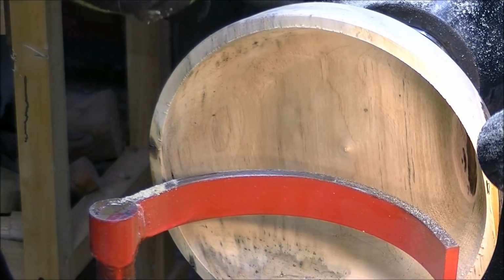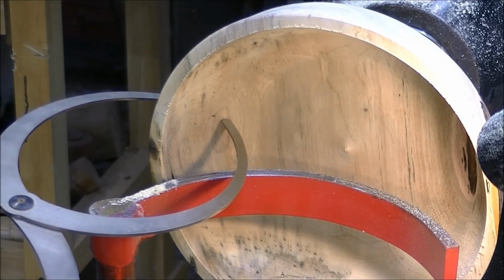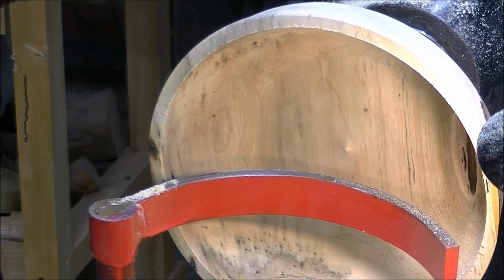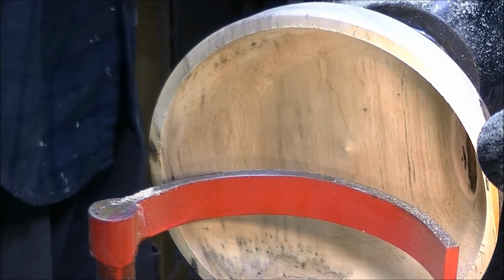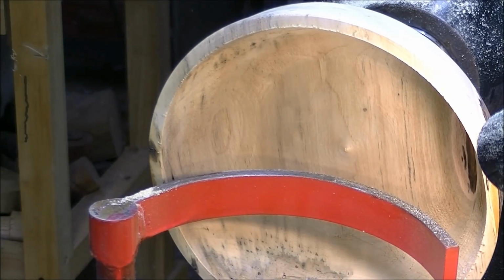Because I've got an indentation in the bowl right here, and I want to make sure I'm not going to get too thin. See, I'm already down to a little between 3/8 and a half. So I don't want to get much thinner right in here. I'm going to get a little thinner. This particular wood will stand a real lot of good thin. But,